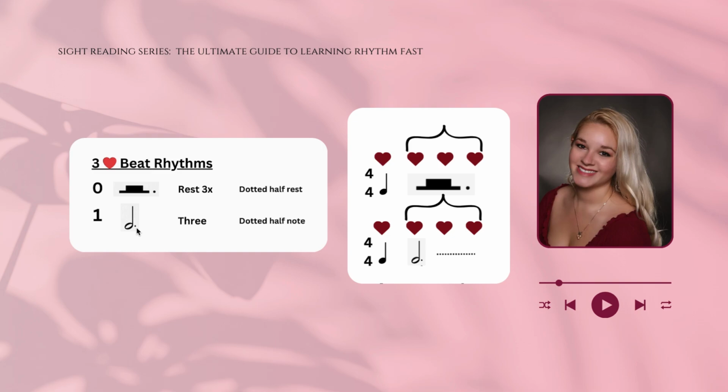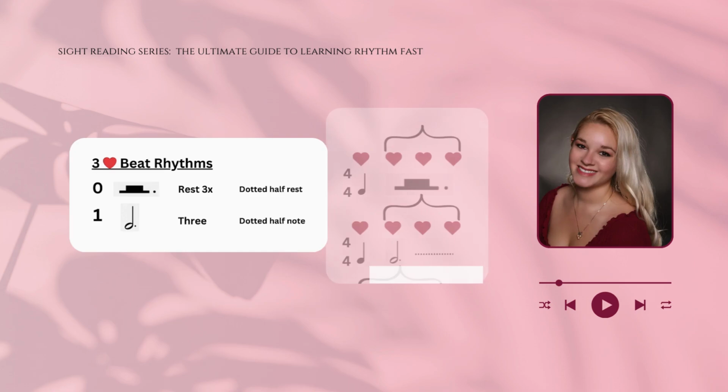That's where we're getting the 3 beats from. Now, to be honest with you, the dotted half rest I don't see as much, but you will see the dotted half note all the time in all sorts of songs. That's why we created our own chart for it. So if we're putting this into practice, putting it on beat 2, it would be ta,